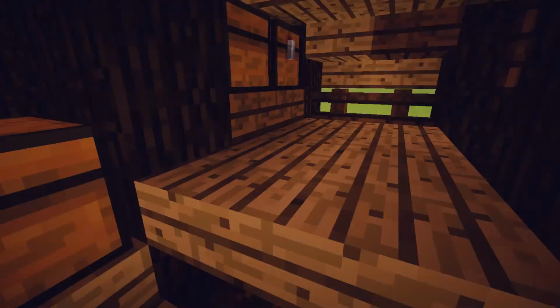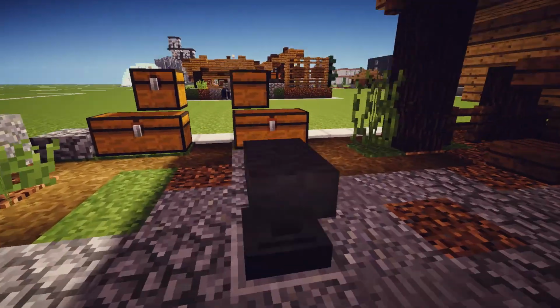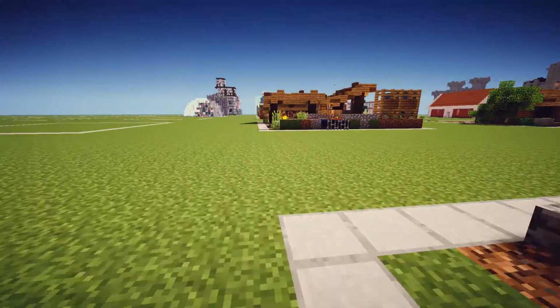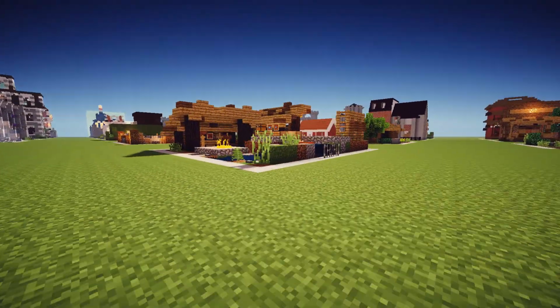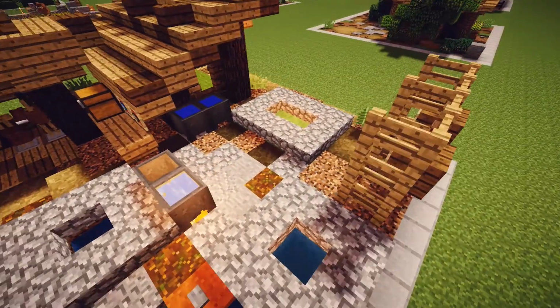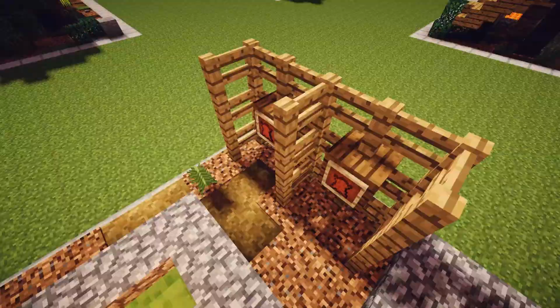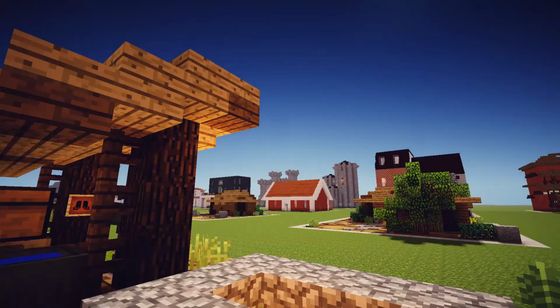And then they sort of process the goods here and presumably store it in these chests and sell it. There is an anvil here as well. Next up we had a furriers. This would have been one of the more common artisans. Blacksmith, of course, is quite a rare thing unless the village is quite big or there's a castle right next